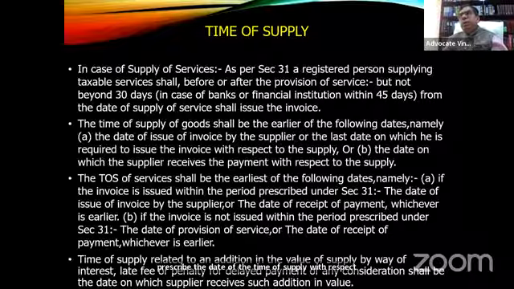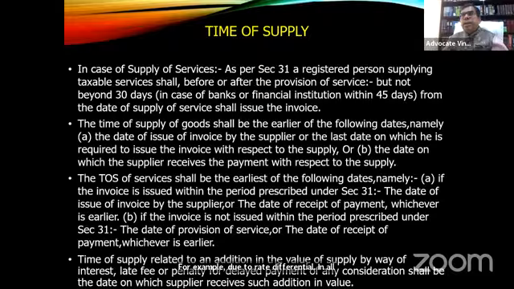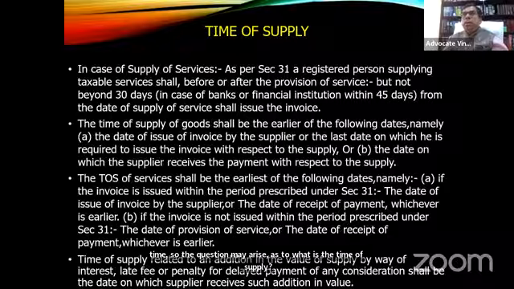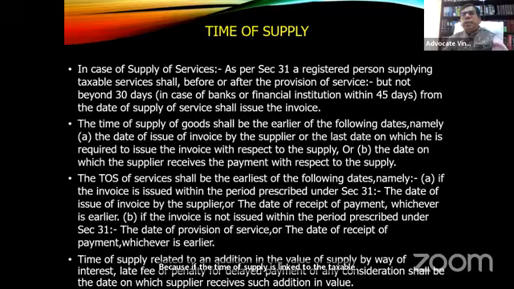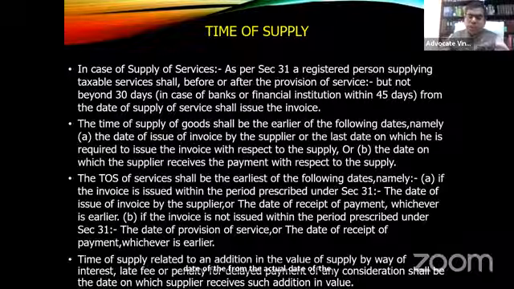So I think this supplementary invoice, for example, due to rate differential and all, is raised at a later point of time. So the question may arise as to what is the time of supply, because if the time of supply is linked to the taxable event, then the interest will have to be paid from the actual date of the transaction. So this is the issue which is still open to debate.